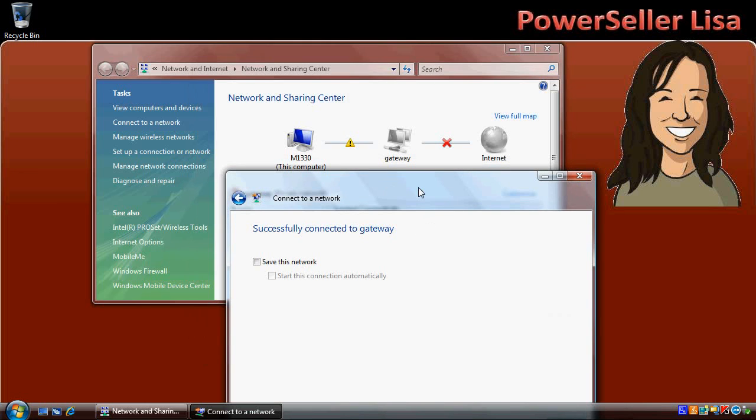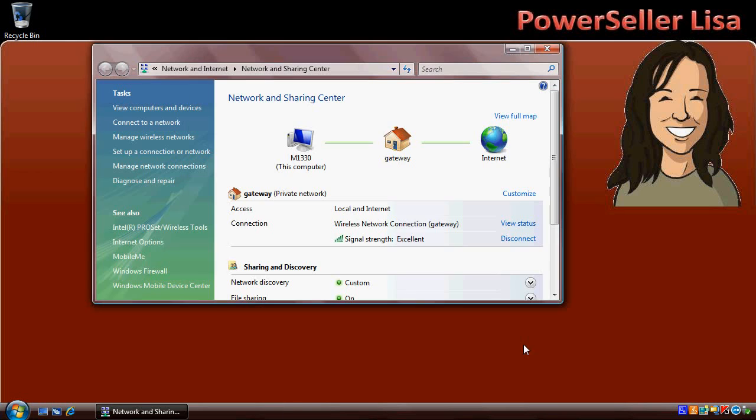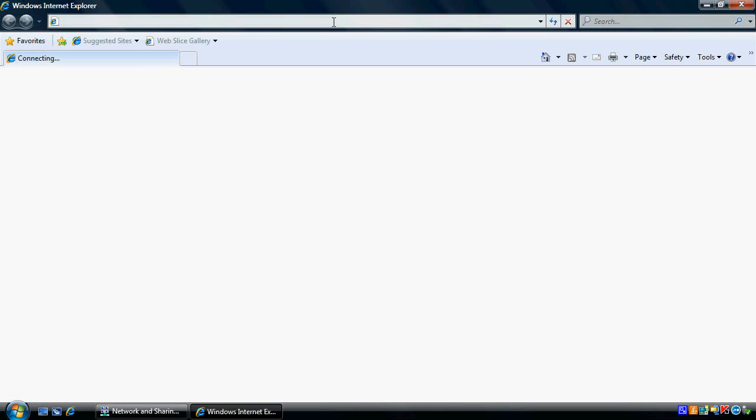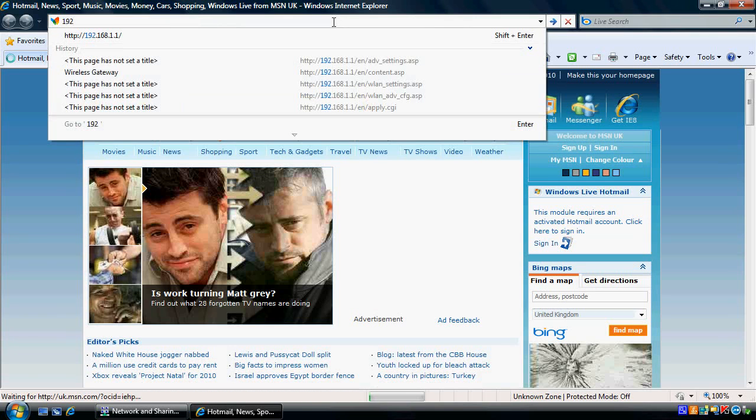Okay, I'm not going to save this network. Close that one. And there you can see I'm connected to the internet through my D100 gateway. Now this is not secure, so anyone could connect to the internet using this method at the moment, so I need to secure it. So Internet Explorer, go to